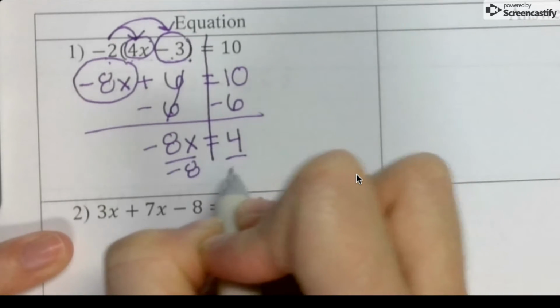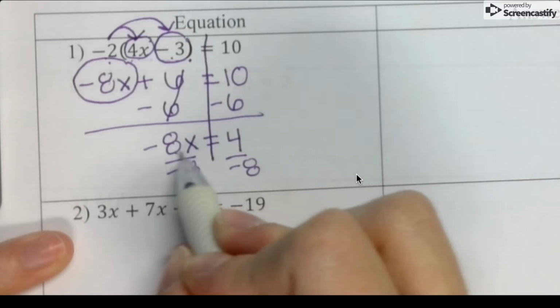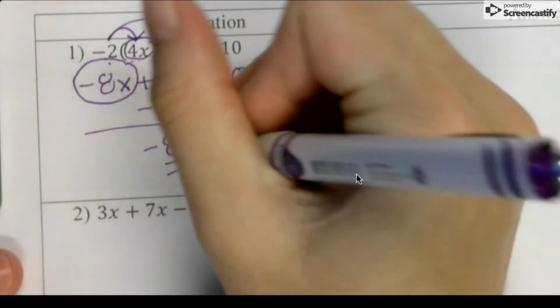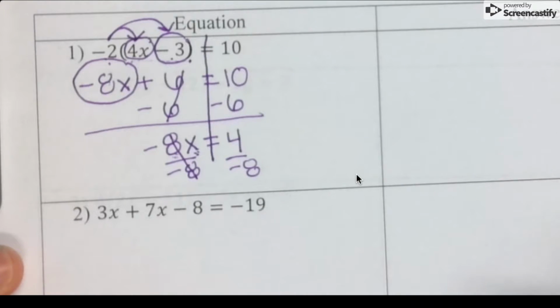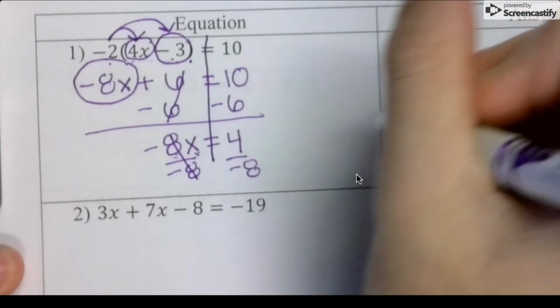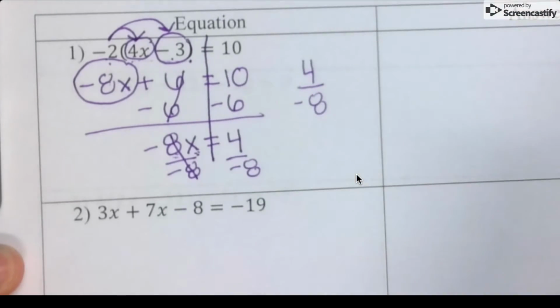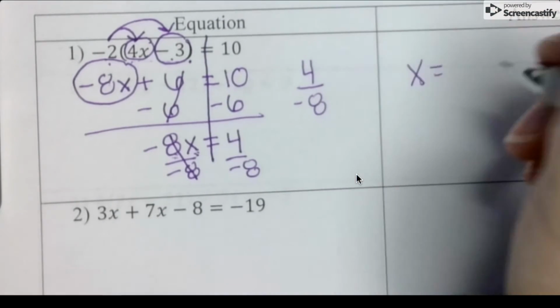Divide by -8, because when two items are next to each other, that means multiplied. They're married. To undo that multiplication, that marriage, we have to get divorced, or divide. That leaves a 1 there. And I have 4 over -8. So x equals